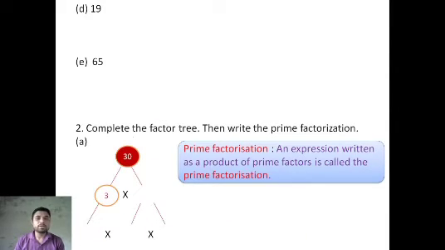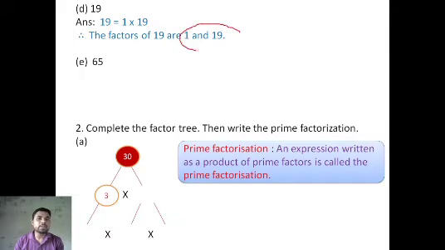Now 19. So by which numbers can you divide 19? Just write it that way, 1 into 19. Can you get another number? No. So what are the factors? 1 and 19. How many factors here? Exactly 2 factors, so it is a prime number.